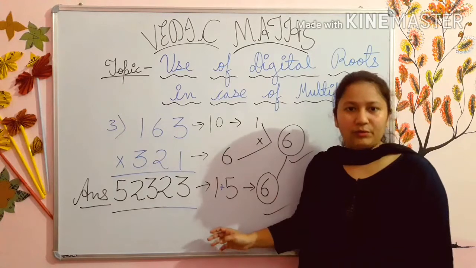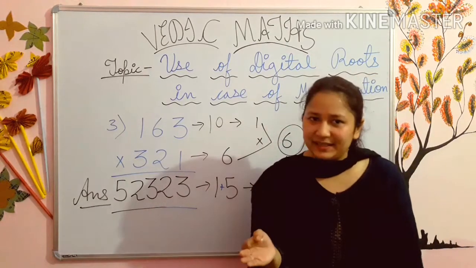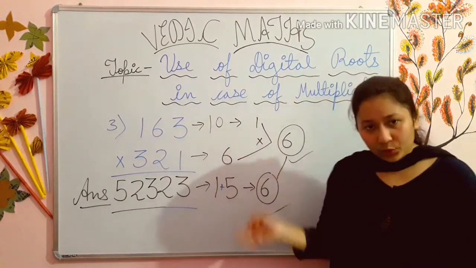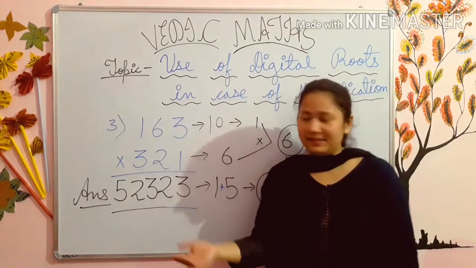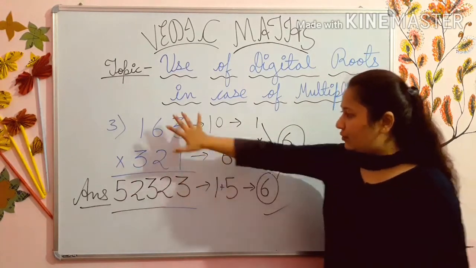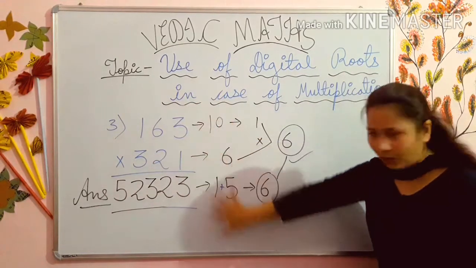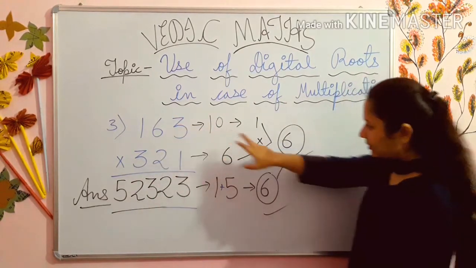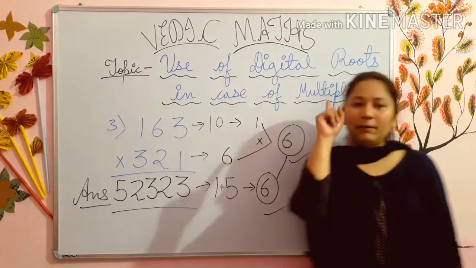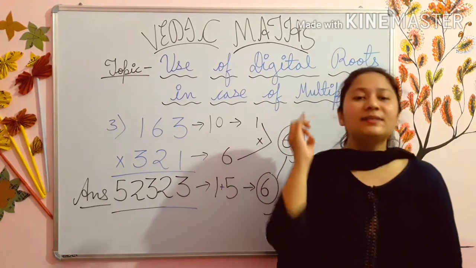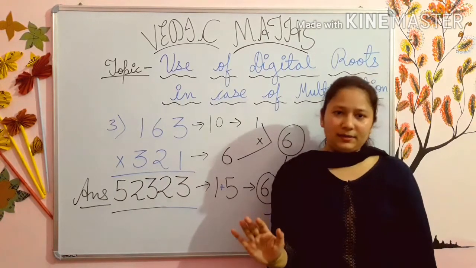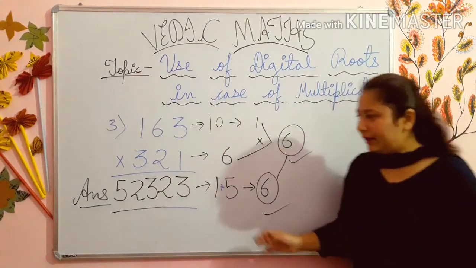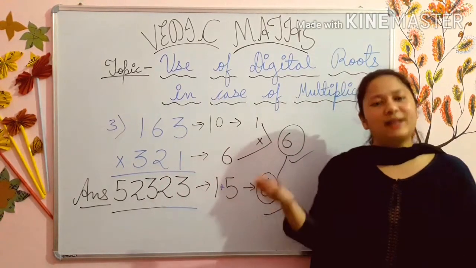Students, I hope you get my today's video. The method which I have told you to check your multiplication sum is very easy. Only one thing it wants is practice. The more you practice, the better the results. In this, first of all, you have to find out the digital root of all numbers. Then you have to multiply the digital root of upper two numbers. After multiplication, remember one thing, make it a single digit number. And you can easily find that your sum is right or wrong.